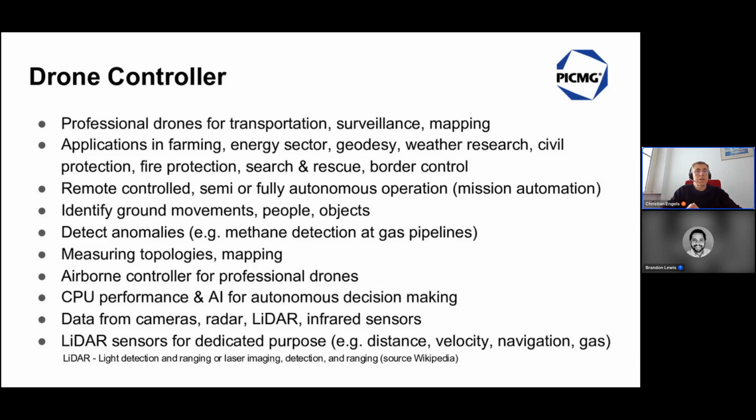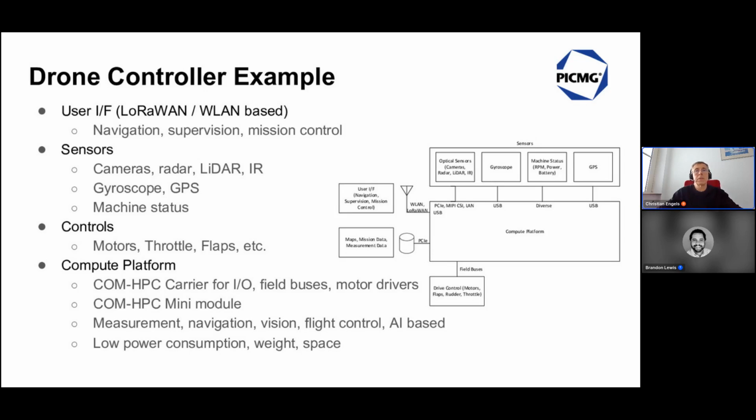Sensors can be cameras, infrared sensors, radar, and specifically in drone applications, radar is widely used for different purposes because you can tailor its specific tasks, like distance or velocity measurements and navigation, but also for gas detection or other measurements. And once again, deploying that onto a platform based on COM-HPC is very similar to the AMR. So you have a user interface over a wireless network connection, probably different sorts of interfaces, and depending on the application, different